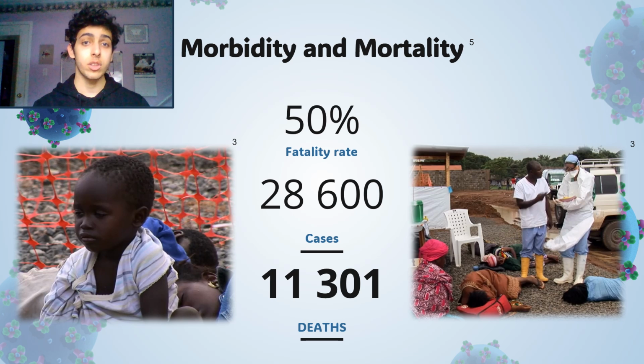Take a look at the numbers on the slide showing the reported cases and deaths, which occurred mostly in Guinea, Sierra Leone, and Liberia. However, the number of deaths is very likely to be much greater because only lab-confirmed cases were reported in the total number, and it does not account for deaths in homes or while waiting outside in hospitals like the image shown on the screen right now.